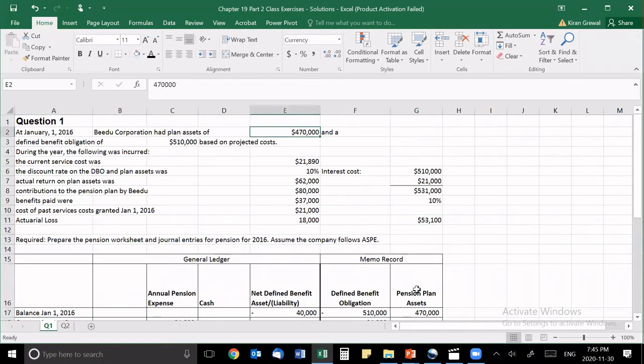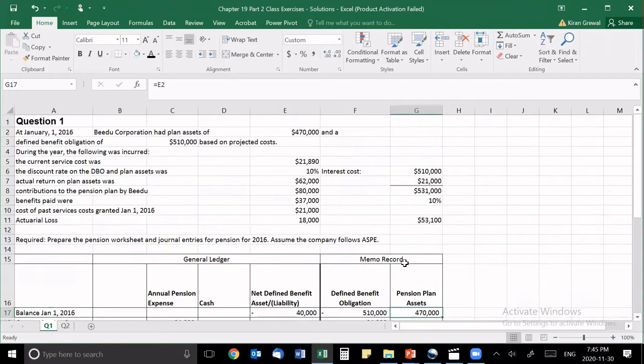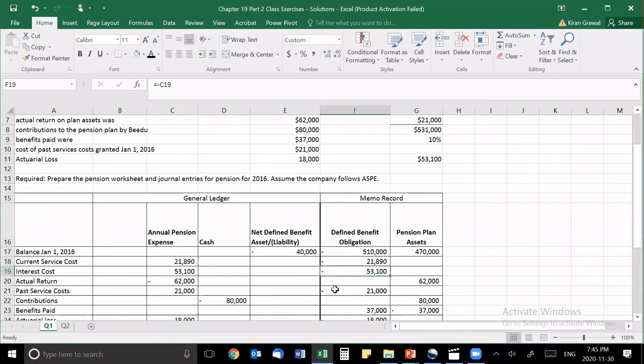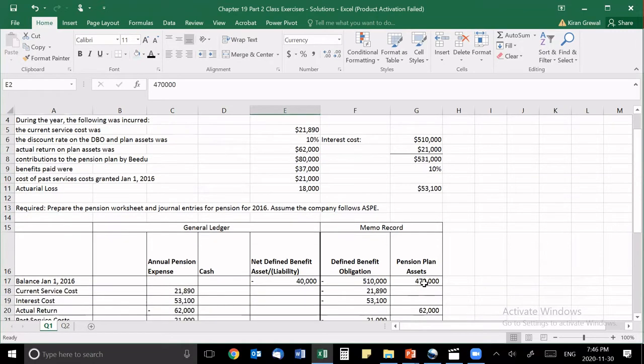So we have assets of 470,000. So anything that's an asset or a debit amount, anything that has a debit balance should be a positive amount on our worksheet. Anything that has a credit balance or is going to be credited should have a negative amount on our spreadsheet. Okay, so these are negatives, so they're credits. Anything that's positive are debits. So our plan assets should be a debit amount, and therefore we're going to debit